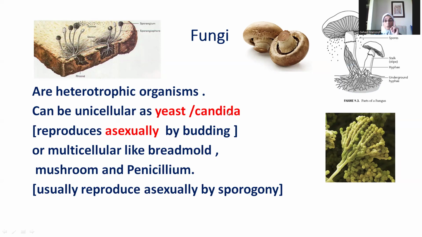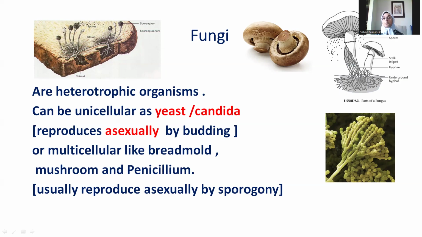But candida, the unicellular one, reproduces asexually by budding, and yeast also. But the multicellular ones, like bread mold, for example, or mushroom or penicillium, will reproduce by spores, by